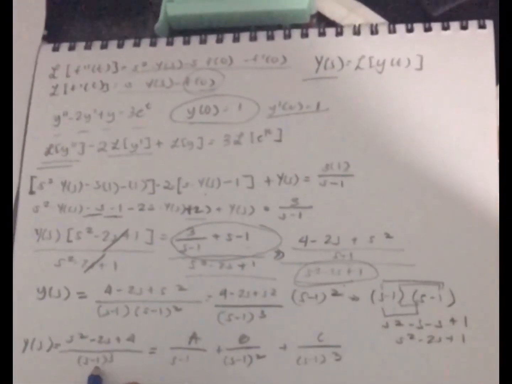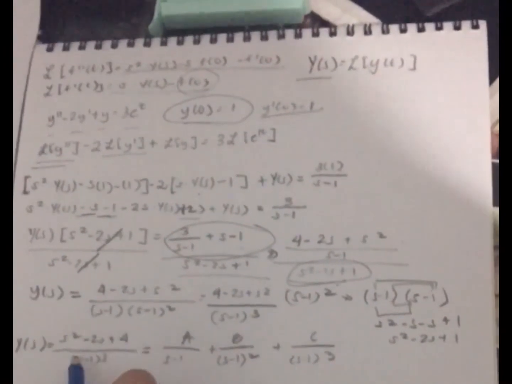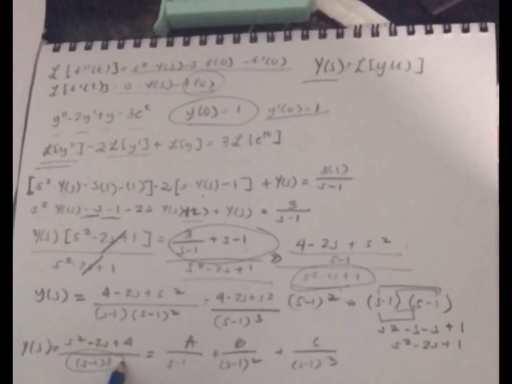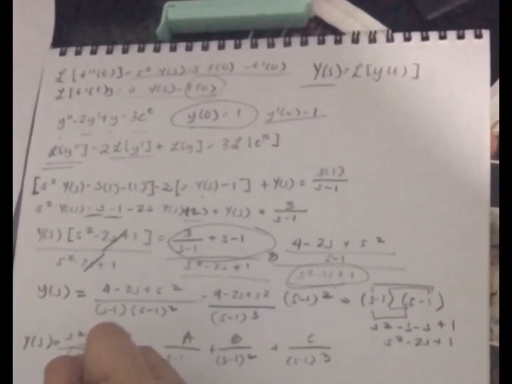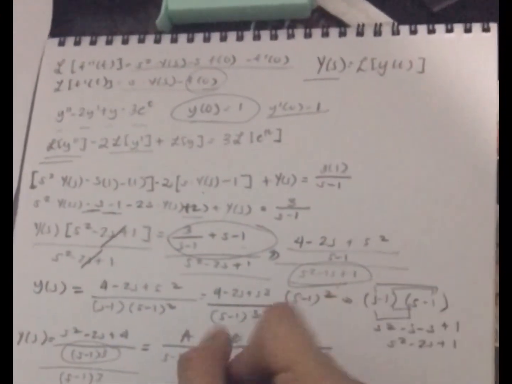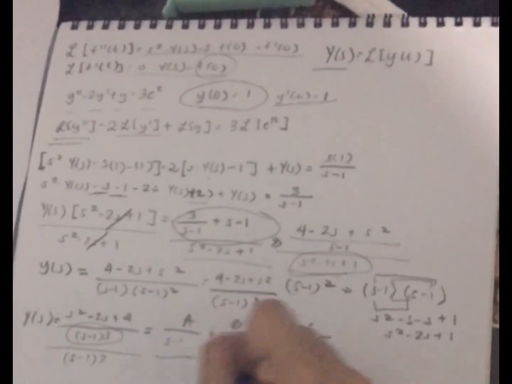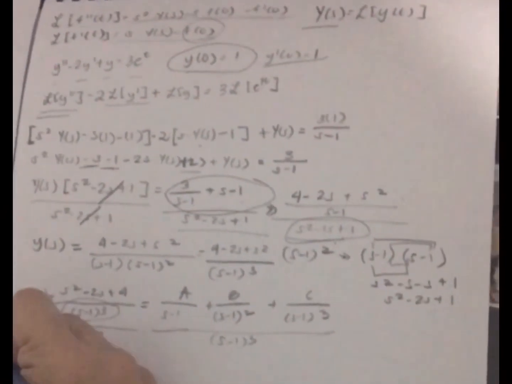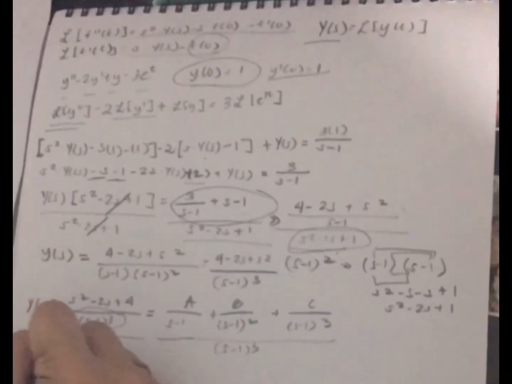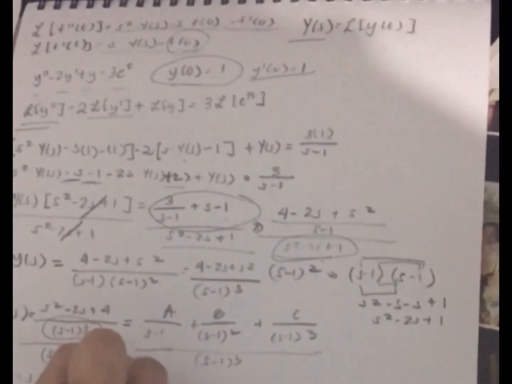Multiplying both sides, this one should be cancelled, and by doing that, we need to divide both sides by (s minus 1) cubed. Here we will arrive with Y of s is equal to s squared minus 2s plus 4